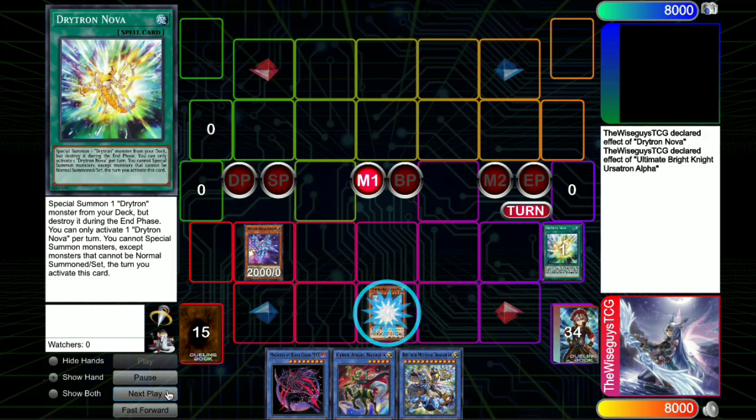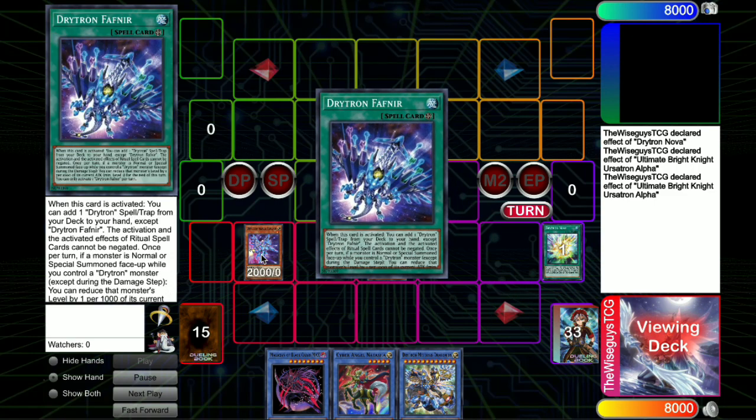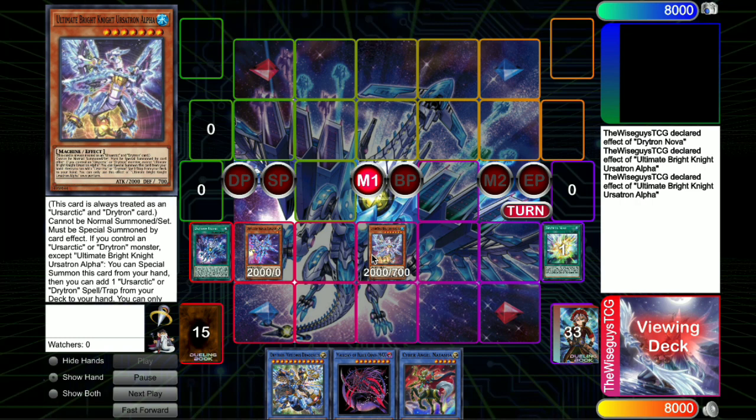You can basically activate its effect, but you can also do it in some other ways. You want to save it, and I just wanted to show you: you have an activated Alpha, you have an activated Zeta, and you want to get to an Appaloosa before you set up. Activate Drytron Nova to special out Alpha, and then special with Ursatron,